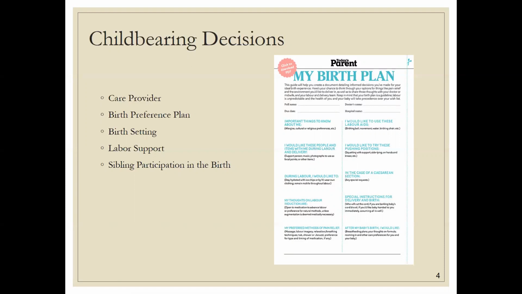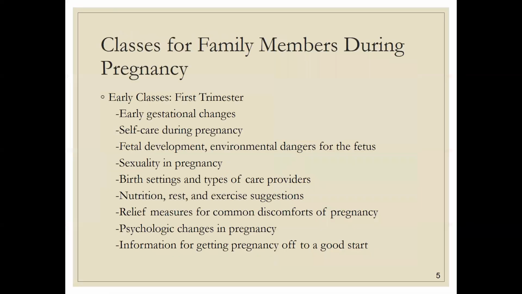Depending on the age and things like that, siblings could participate to a certain extent in the birth, or even making sure that there's someone around to watch the child. What's the plan if you go into delivery, where are the other kids going to go, or who's going to watch the other kids? But if there is sibling participation, there needs to be a designated adult assigned to that sibling, because our job as nurses is to care for our patient, and our patient is mom, and then it'll be baby as well.